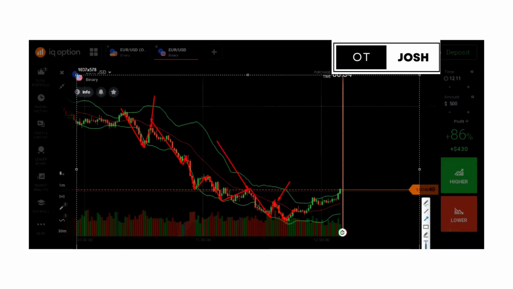But that's not the only thing. That's just by the way. The most important thing now is the market condition. Now what condition has the market set for us to trade? We see the condition. The market started from here. Now it gave us this reversal from the middle and this reversal from the middle. So the next time the market comes here, we can do our trade. If it comes here, we can do our trade. So with these two trades for this market condition, you are good to go.